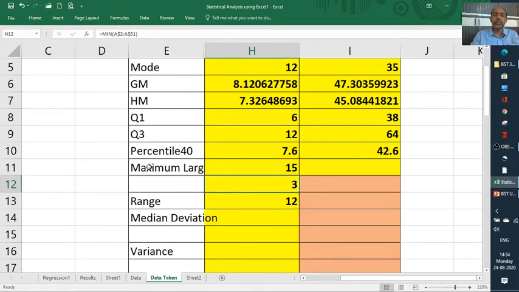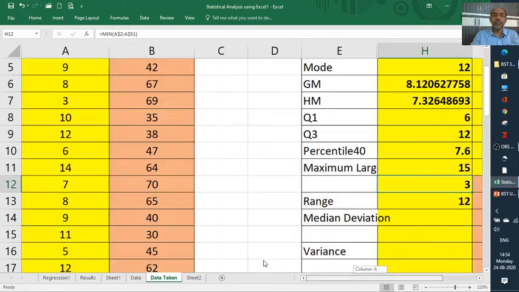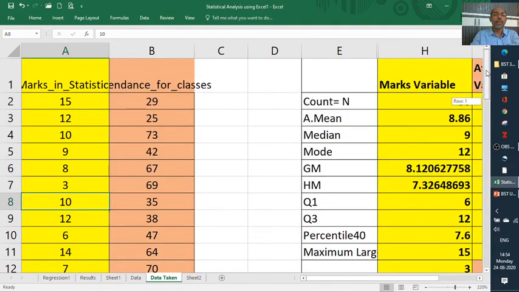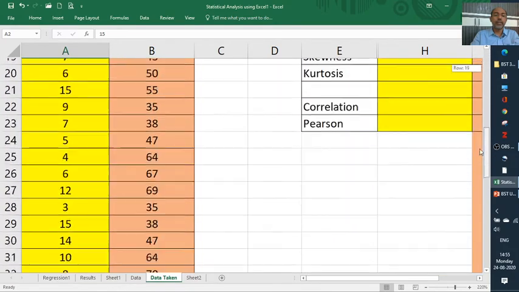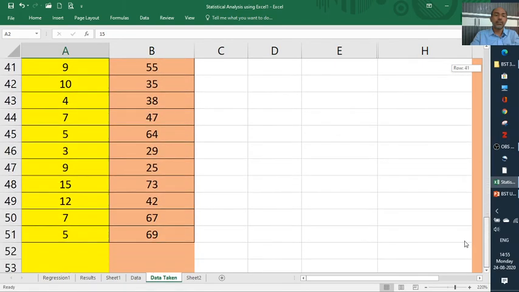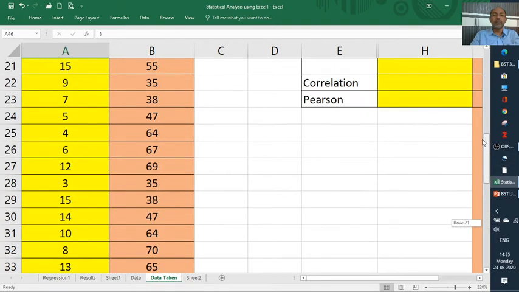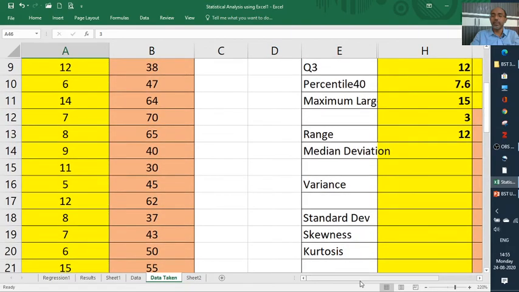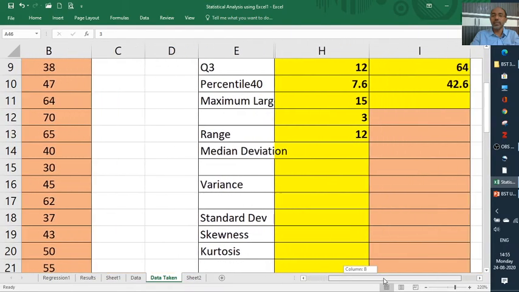In the data, 15 is the highest value and 3 is the least value. So you got all the maximum and minimum numbers in the data.